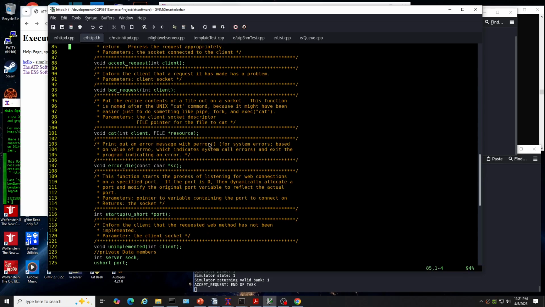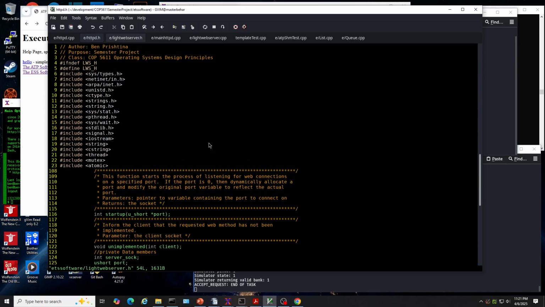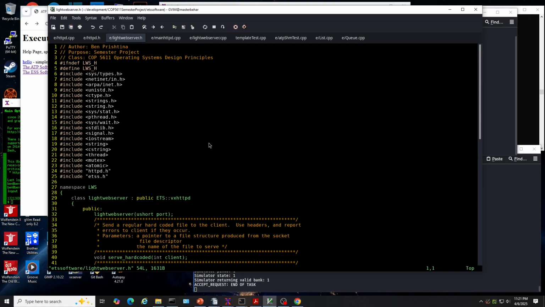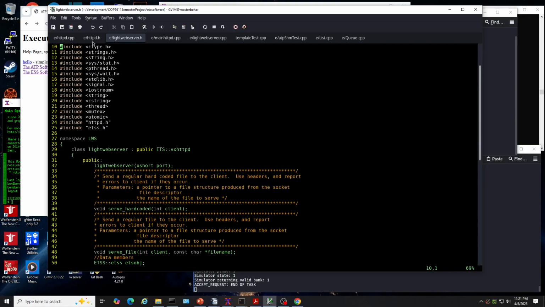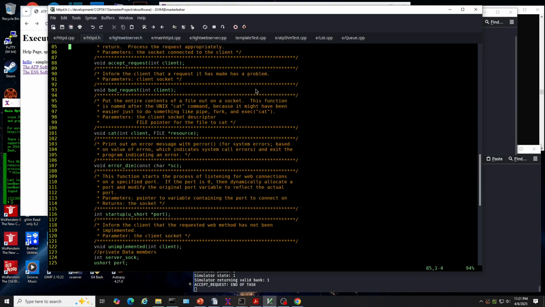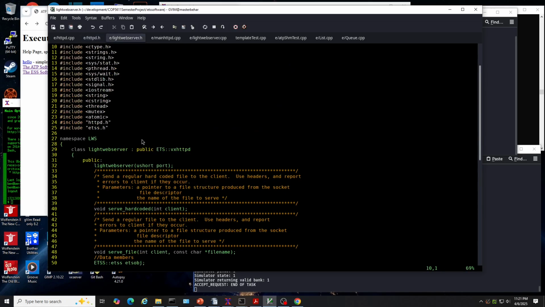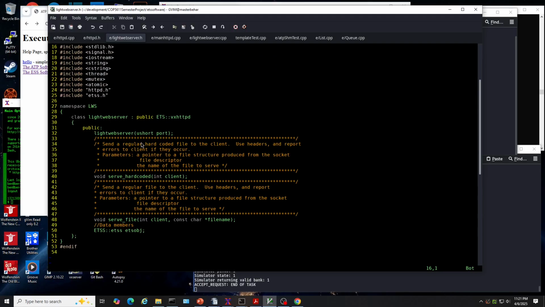Because what I wanted to show is that I implemented the light web server, which is what's actually running in this application, using inheritance, and I have everything that makes the server work on the parent, but everything that's custom is on the child,